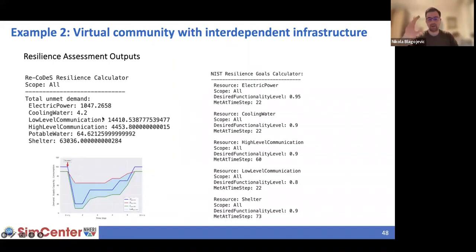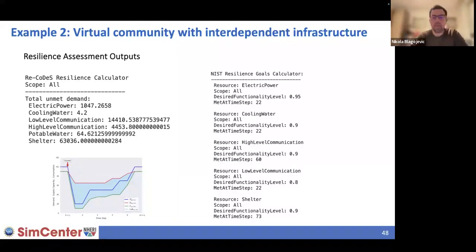So there are two parts to the output. One is textual output. Here you can see from the pyrecodes resilience calculator, which has the scope all, the total unmet demand, basically this whole area under the curve. And these are the values. Some people can, for example, ask what's the cost of an undelivered megawatt of electric power? This cost times this amount here, you get the total cost related to this lack of resilience of the electric